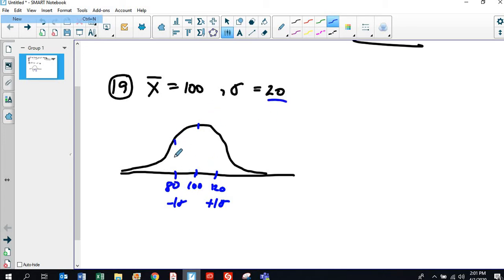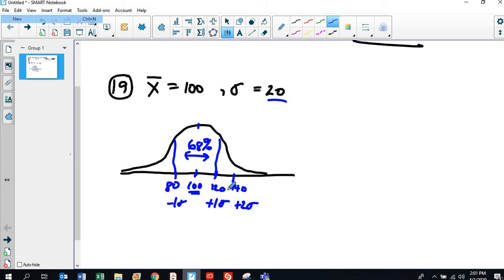So what does that mean? That means that 68% of the data is between a score of 80 and 120. Okay, that's what that means. That's how that works. Now, if I go 2 standard deviations, that means I add 2 standard deviations to the